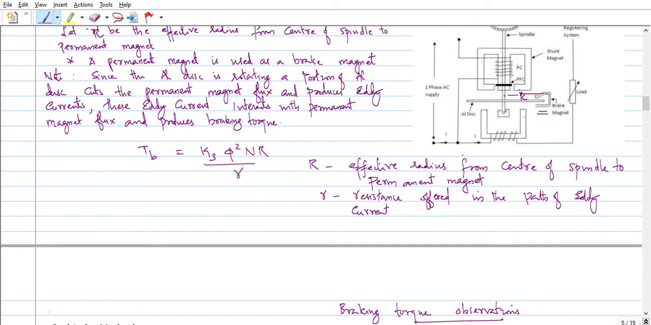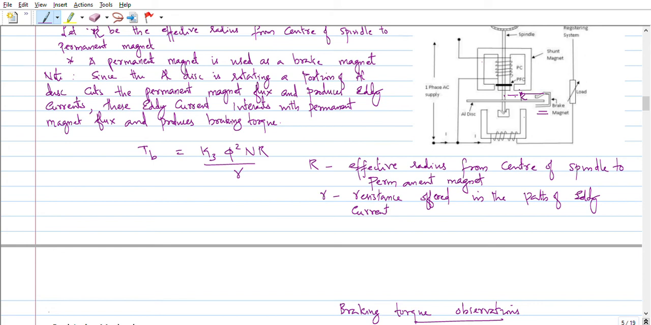R is the effective radius from the center of the spindle to the permanent magnet. That means if R reduces, the permanent magnet is moving towards the spindle. If R reduces, speed increases. If R increases, speed is reduced. That means what is the conclusion? By adjusting the position of the permanent magnet,